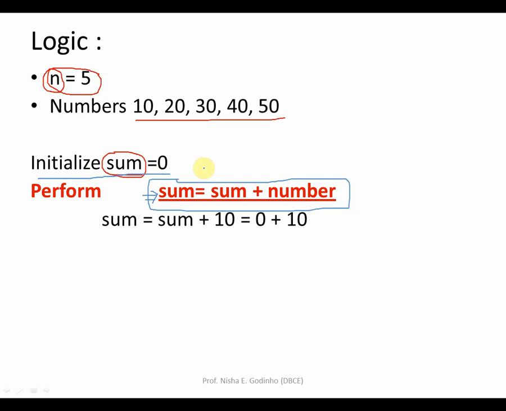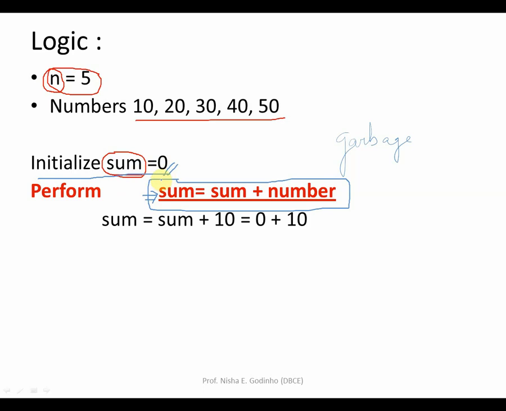The reason for doing that is we do not want the variables to take any random values. Sometimes the variables take random values which are called garbage values, and because we don't want these garbage values to go into the variables, we make use of initializing. So we initialize the variables with some value. We put some initial value into those variables. Over here we have put a 0 in the variable sum.